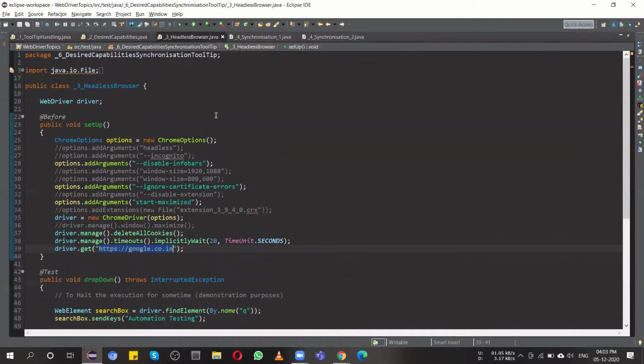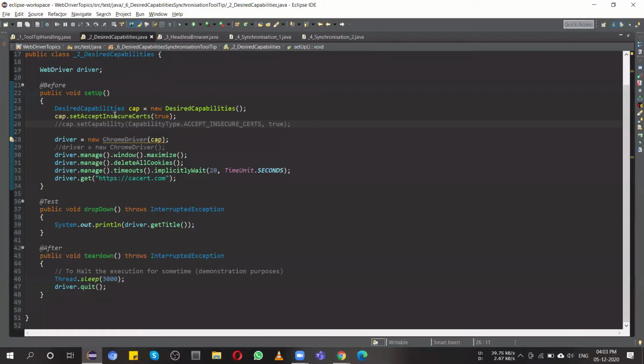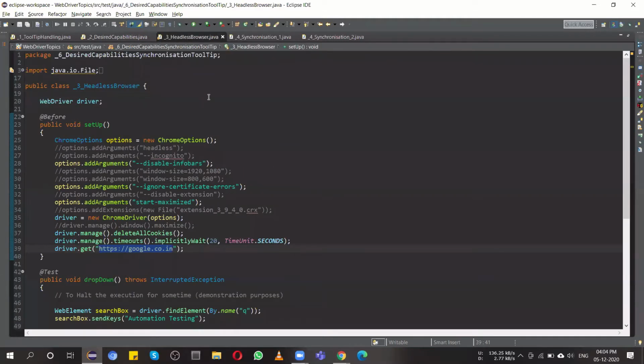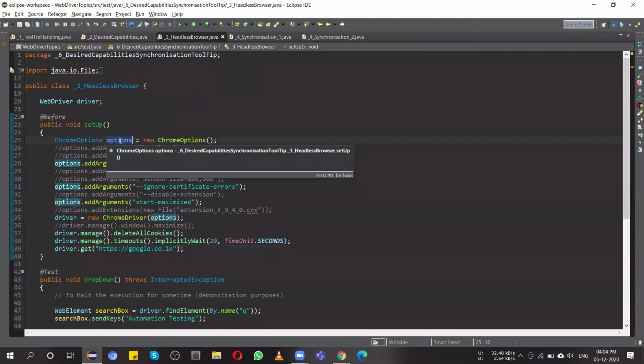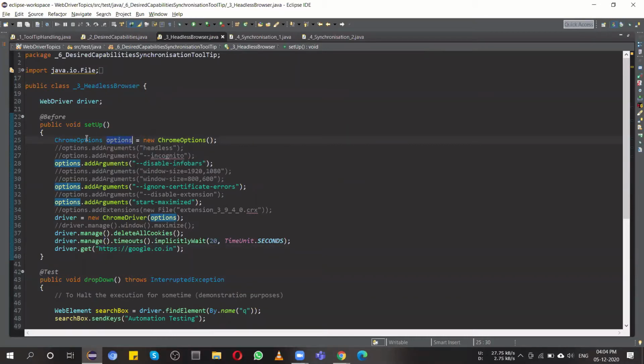Over here, some of the options might be possible or can be handled with other browsers, but as I said, desired capabilities. You can try to find out over the internet the different capabilities available for all sorts of browsers inside this class, desired capabilities. But if you are playing with a specific browser, this is the Chrome options class, and what you can actually do with this Chrome options class, that I'm just going to explain.